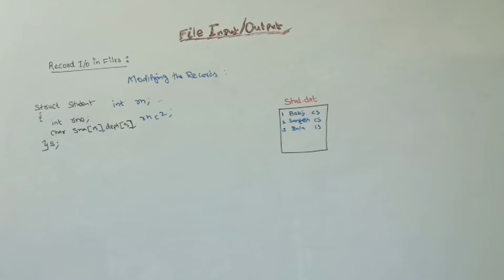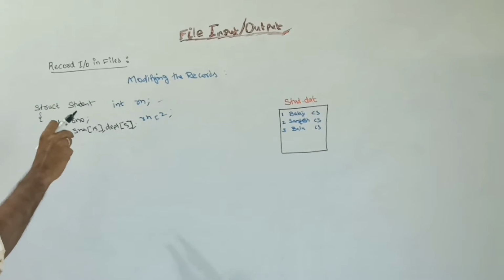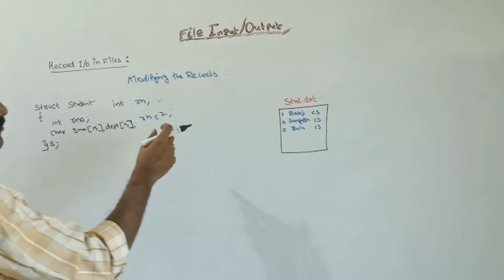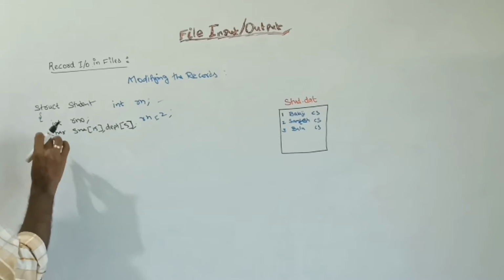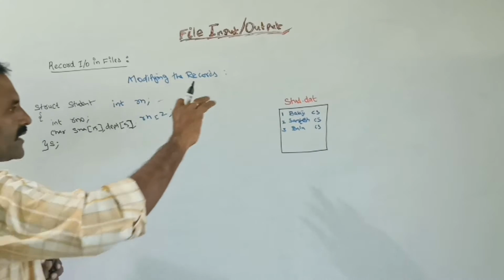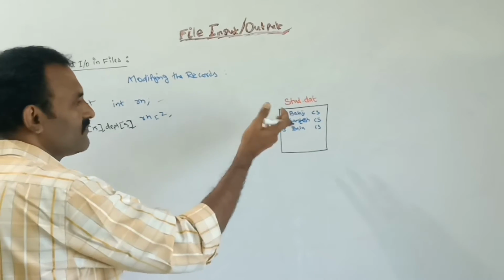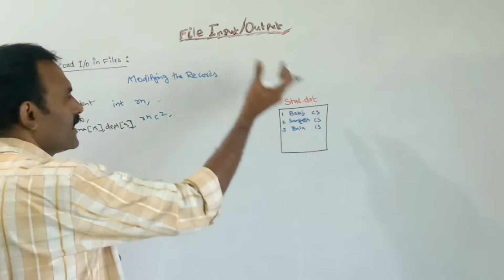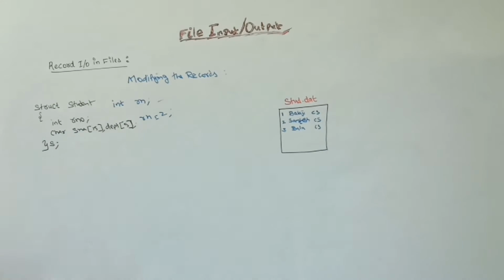So what are the variables here? This rn is used for getting the input roll number, for searching that roll number; whichever roll number we need can be stored to rn. Next, by help of this structure variable s we can modify the record, and also when we are reading the record from the file, that read record can be stored to this s. So these 2 variables we should declare.